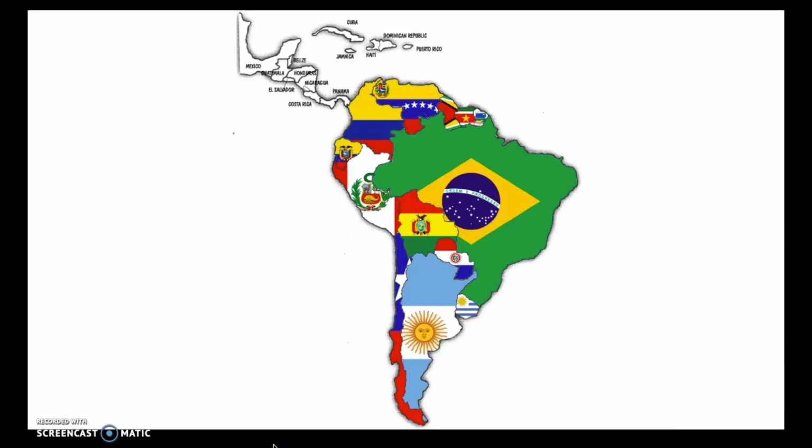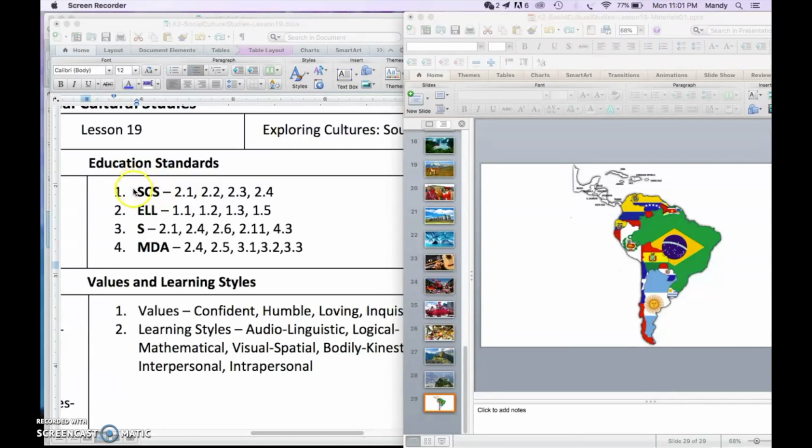Students then make their own rainmakers. That's the craft for this lesson. Some of the lessons have crafts, some of them they're building and doing engineering, some of them they may be dancing, such as when they're in Asia they learn a traditional Bollywood dance and they draw henna. You can see that I've hit these different social and cultural standards, as well as English language standards, science standards,